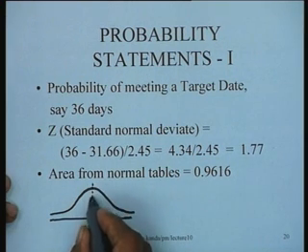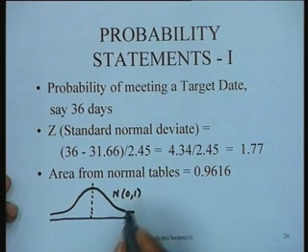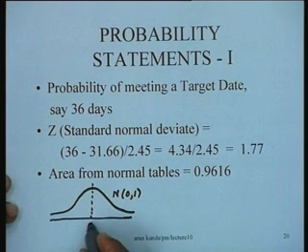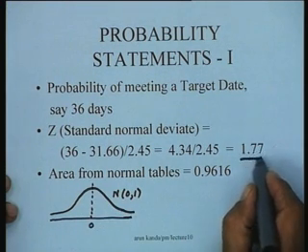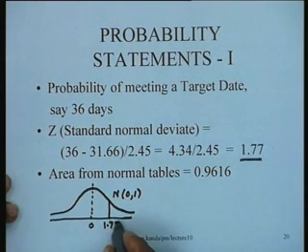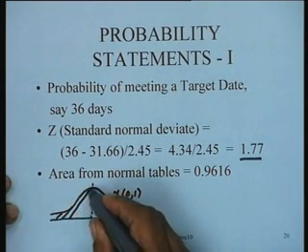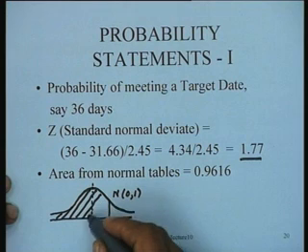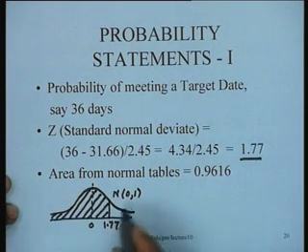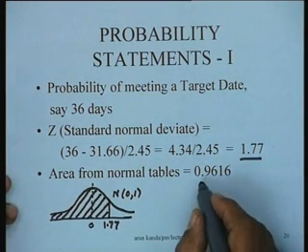And from the standard normal tables, standard normal table means it's a normal distribution with mean 0 and variance 1. And we have tables available which specify the area. So this is 0. So this particular value of 1.77 that we computed would be somewhere here. This is 1.77. And what we are interested in computing is basically this area under the curve to the left of this particular value of 1.77.